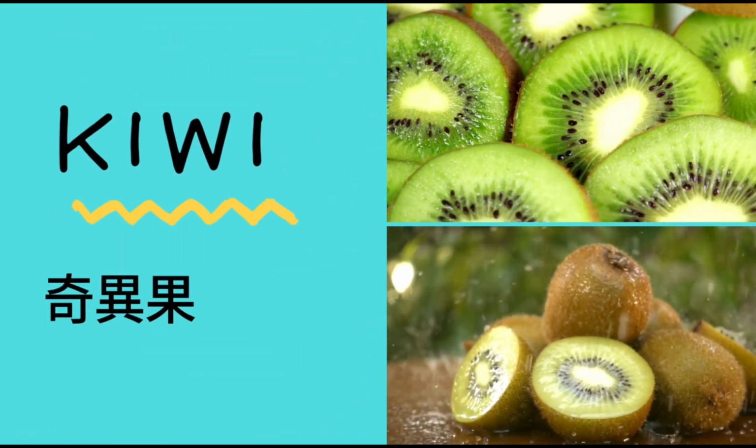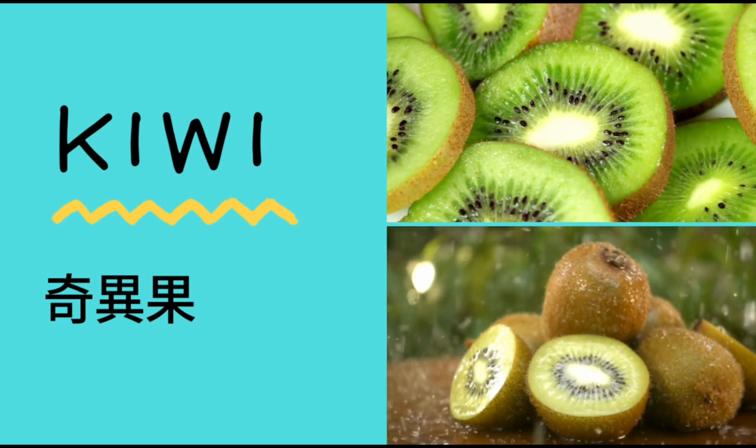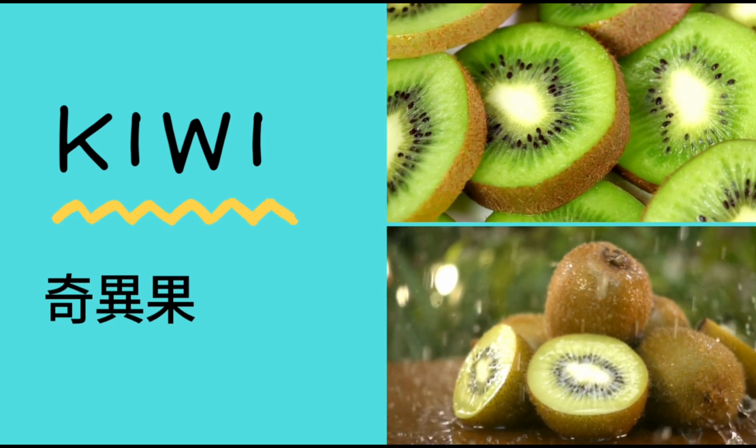Kiwi. Kiwi, fuzzy outside, green inside. 奇异果